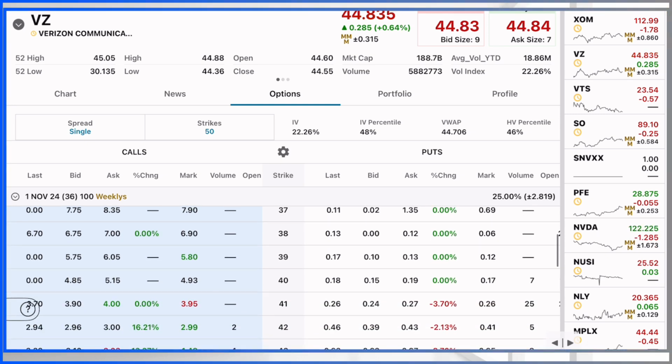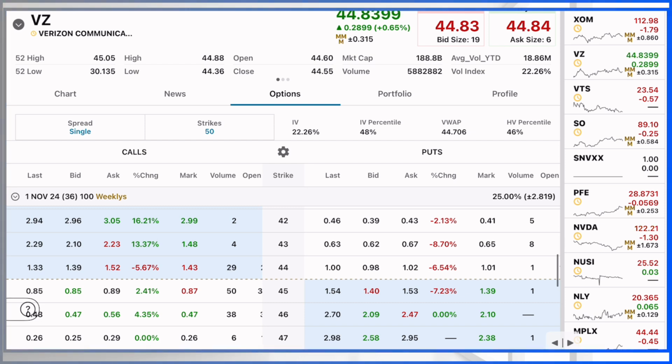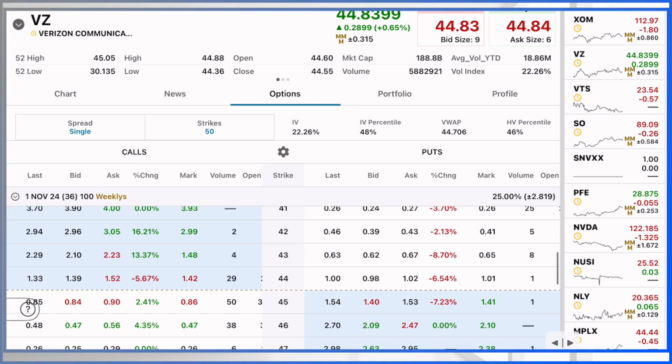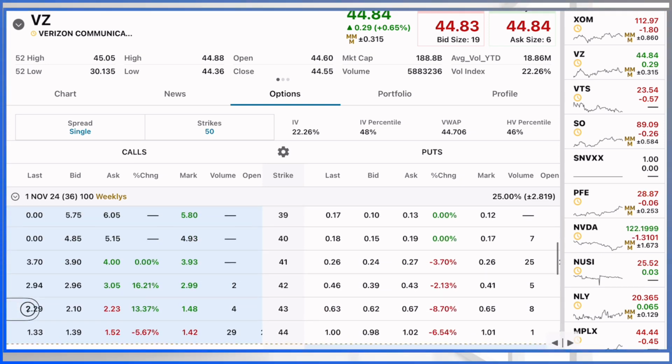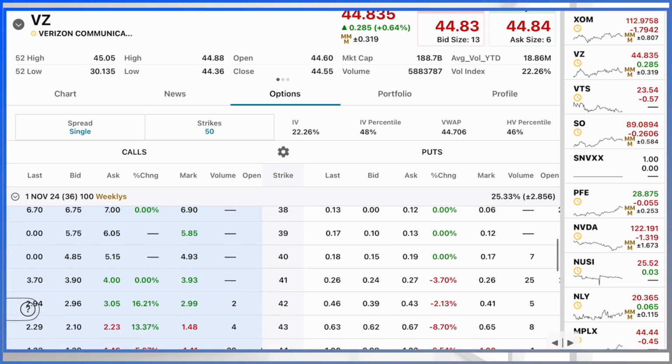And so we've got open interest, there's not as much interest. With open interest, we're looking for how many contracts are being traded on this. So again, we're looking at the strike price. It's trading right now at 44. So if I was going to do a covered call on this stock, let me go back